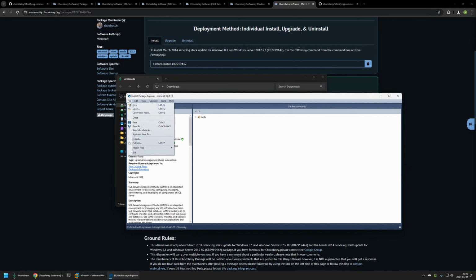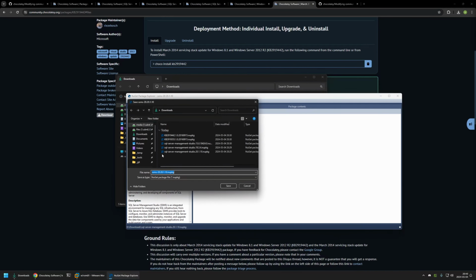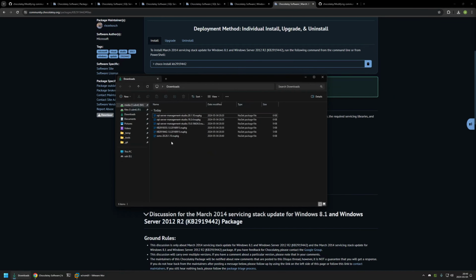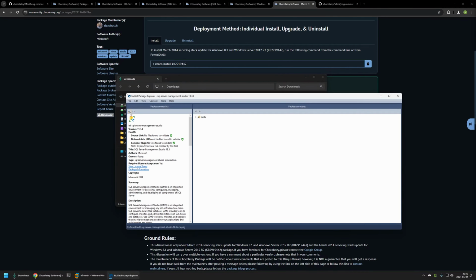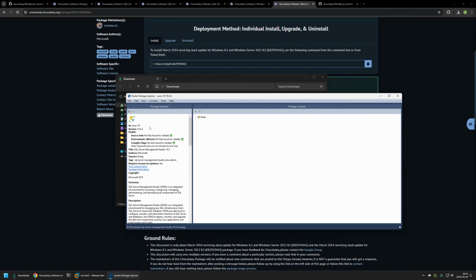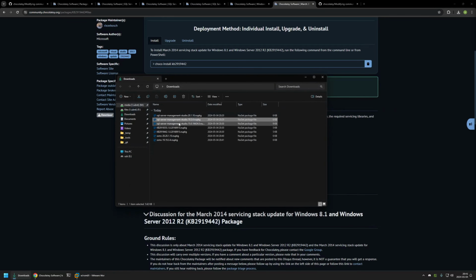Then let's go to File, Save As, and then let's save it in the Downloads folder. We can close this window, and now I need to do the same with the 2 other packages. So the version 19, I will edit, I will change it to SSMS 19, save the changes and save the package itself to my downloads folder, close this, and the last one,